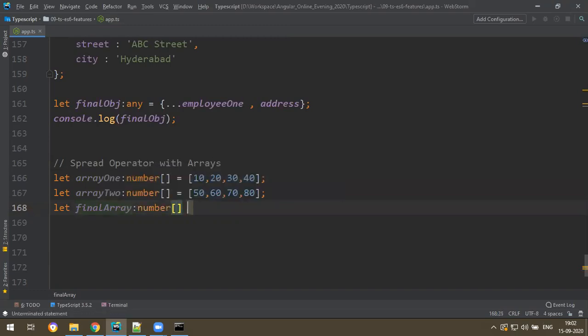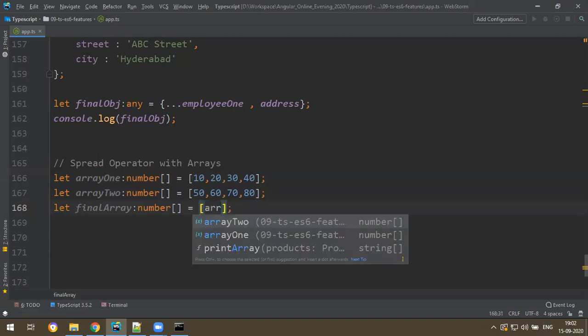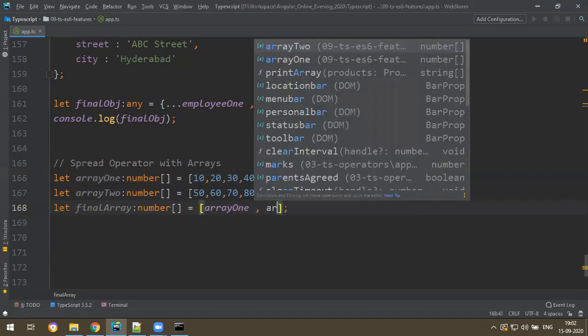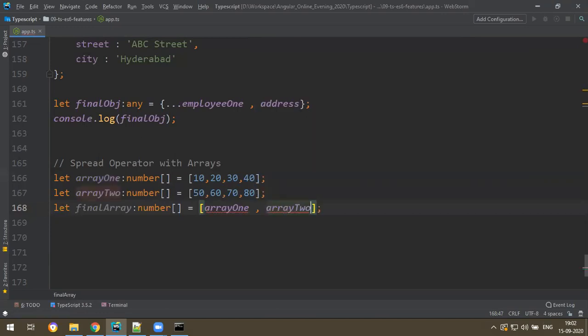Obviously, if you mix both, you will get numbers only here. So if I say array 1 and array 2, what happens is you get an error. Why are we getting the error? Because array 1 is a number array, array 2 is a number array.